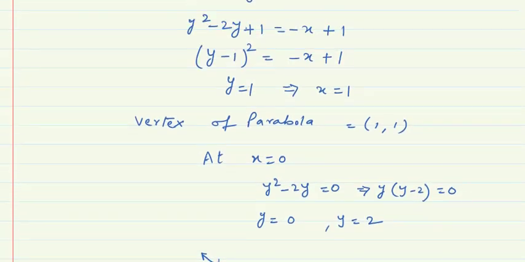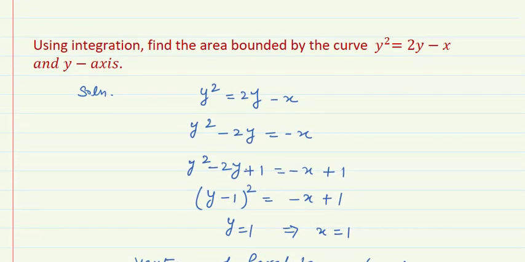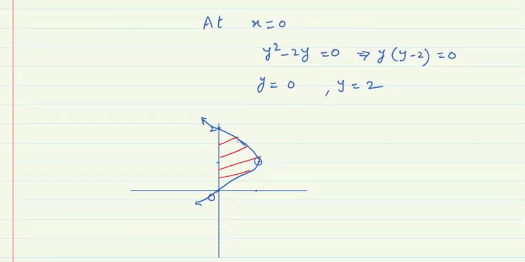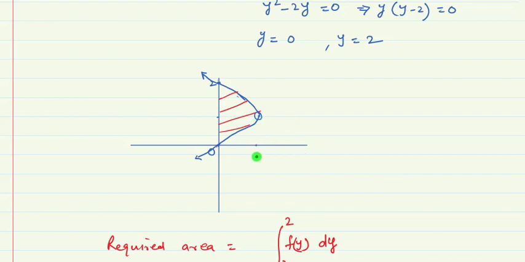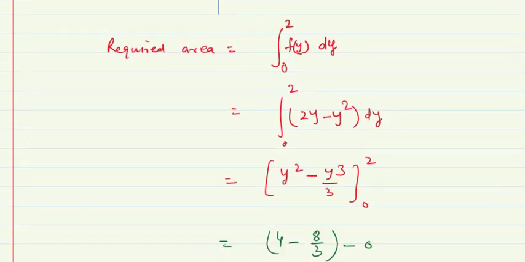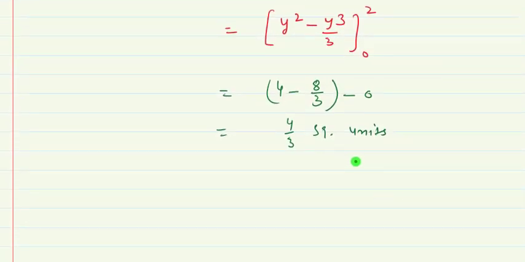So every question has the same steps. Number 1, identify the curve. Number 2, draw the curve, or we can say a rough sketch of the curve. After that, we need to identify the area which is bounded, and then identify the limits, and with respect to which axis we need to find the area, and by which axis the area is bounded, very easily. Then find the integration and apply the limits.